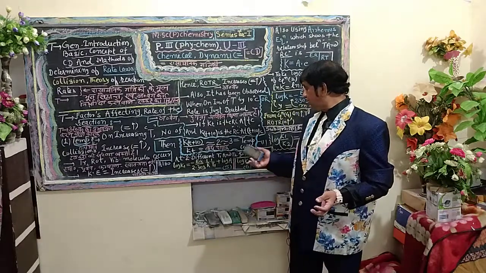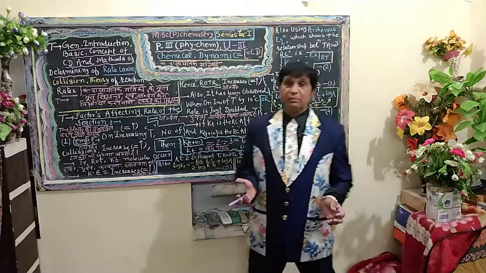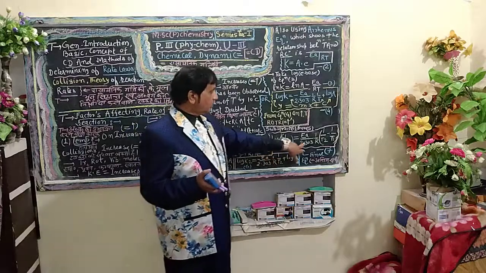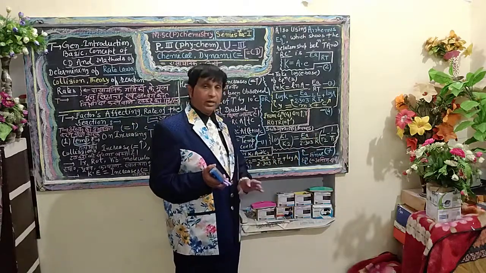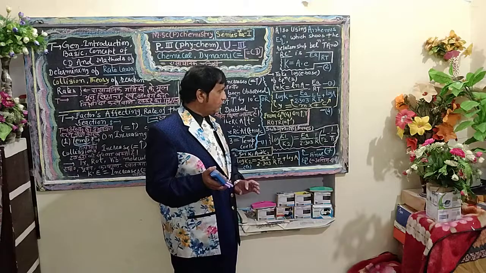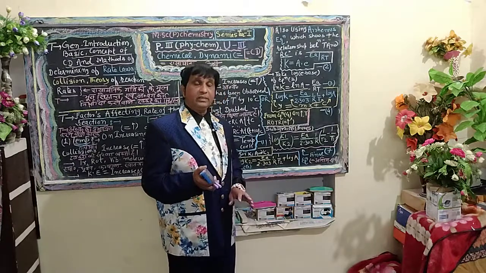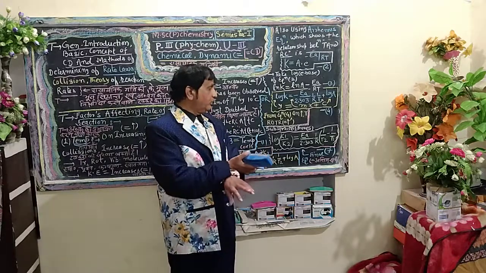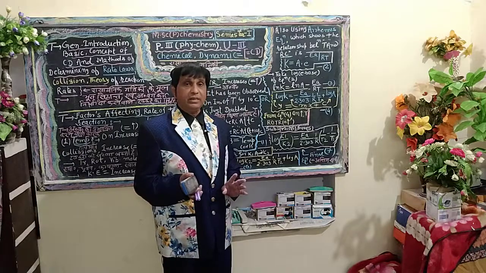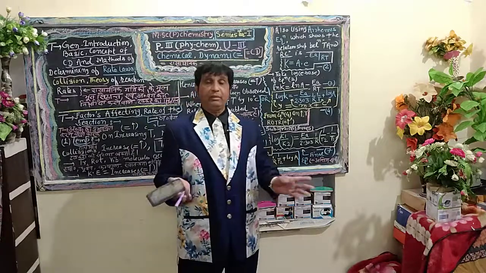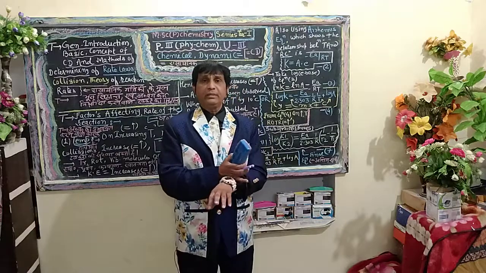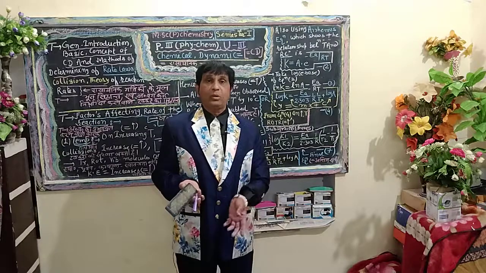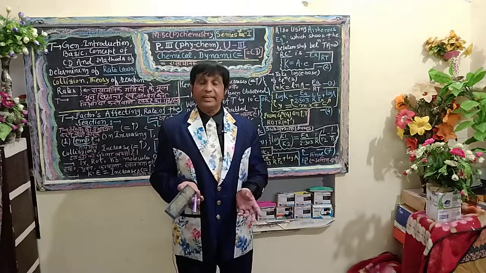Now I subtract equation number 6 from equation number 5. When we subtract 6 from 5, log K2 upon K1 is equal to E upon 2.303 R, into 1 upon T1 minus 1 upon T2, at two different temperatures T1 and T2. Equation number 7 is the final equation, which gives us the essential information about the influence of temperature on the velocity, the rate of the reaction.